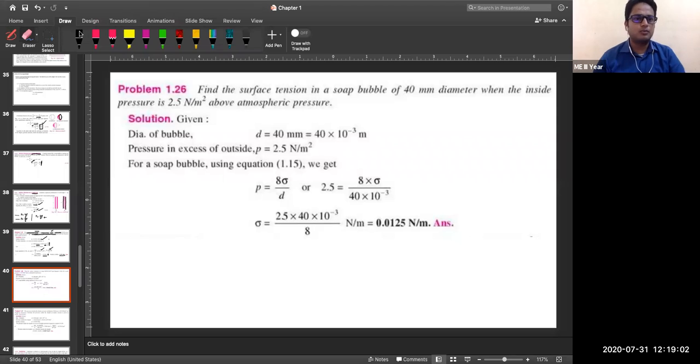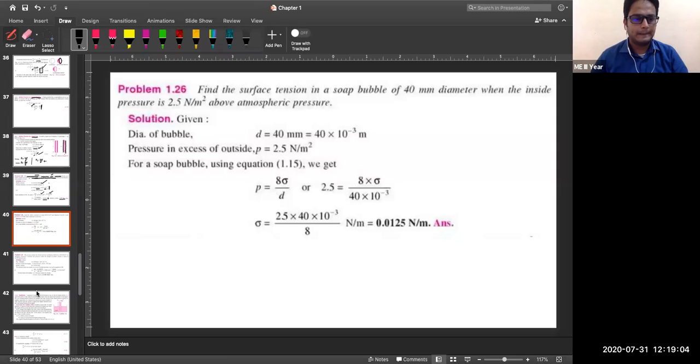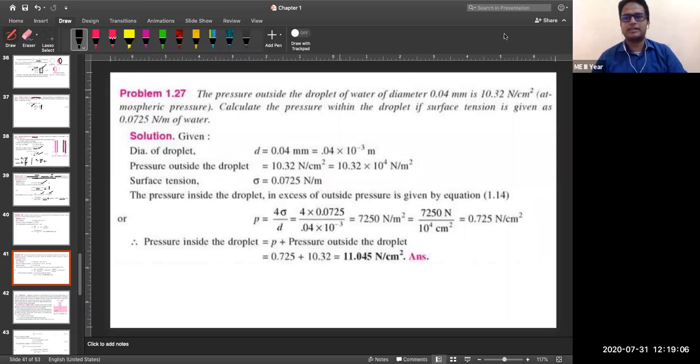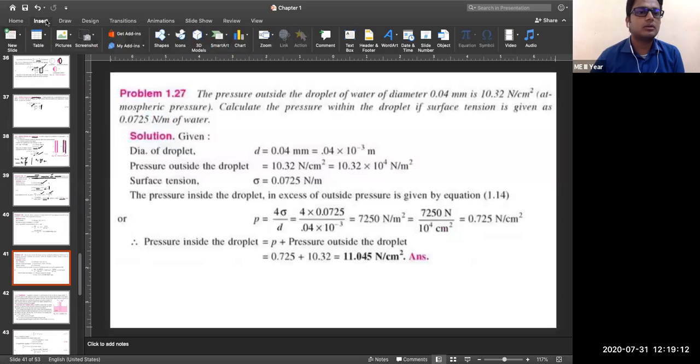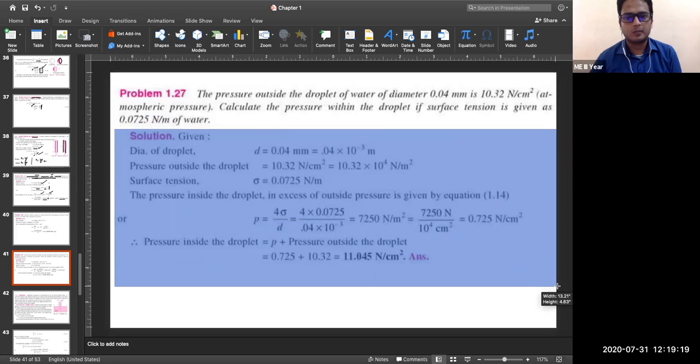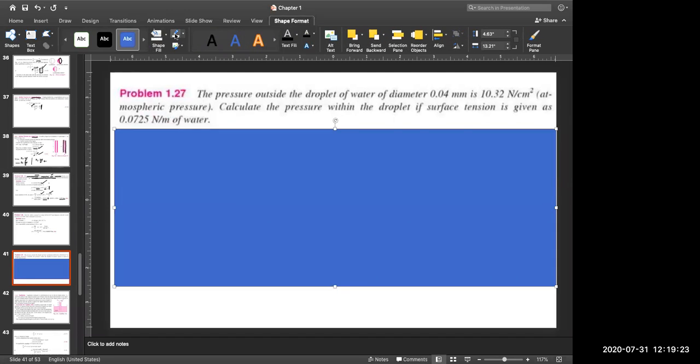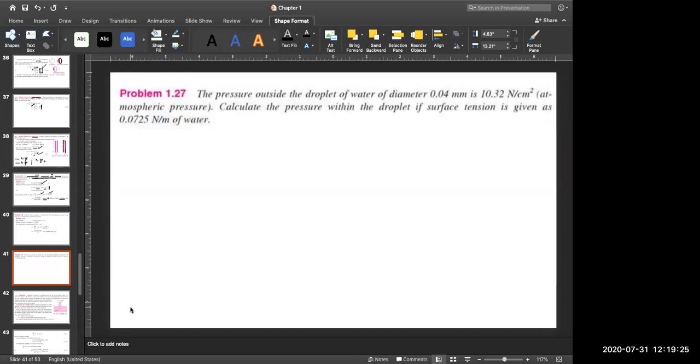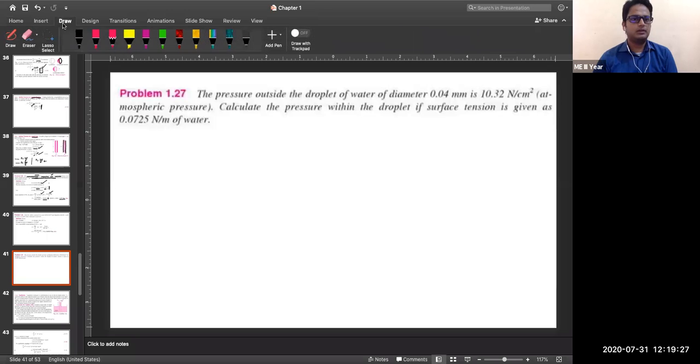Okay, now let's move to the next problem. This is our next problem. Again, I am going to hide the solution. So all of you see here, first you see the problem, then I'll give you time to solve it. The pressure outside the